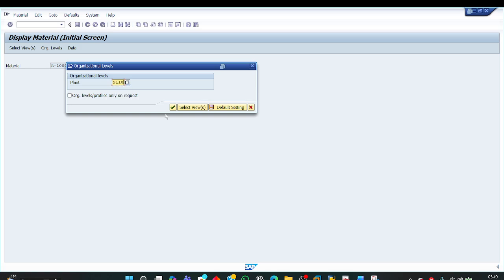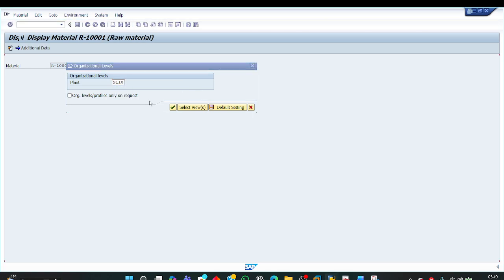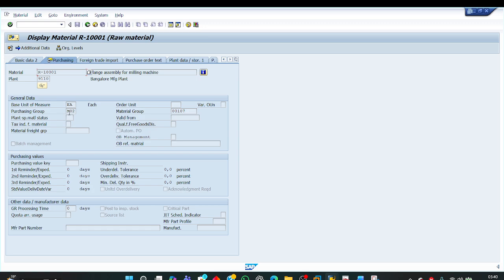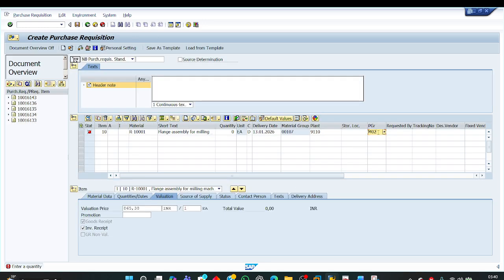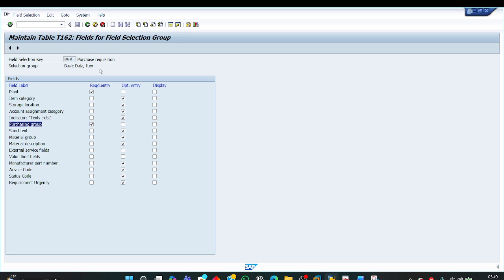My plant is 9110. Enter. See, the purchasing group set up for this material is M0. So it has automatically picked this purchasing group from this material master. So when you try to create the purchase requisition, this is automatically filled from the material master. And next, see, it is asking me to enter some quantity. Because after the plant and purchasing group, the next required field is, we'll go back here,